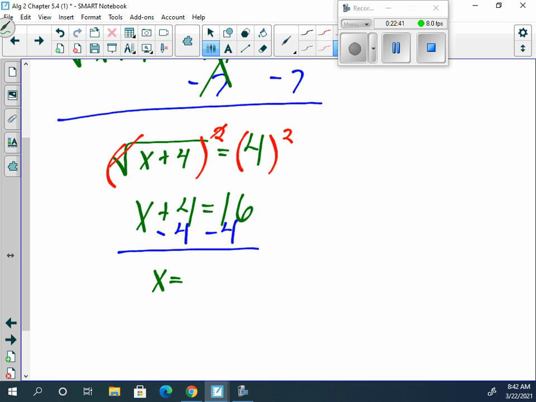And we get x is equal to 12. I have a feeling you got 0. Because I did the same thing in the video, and I think it would have been funny too. Right, it would have been funny if it was 0. Or if it was -4. But I really